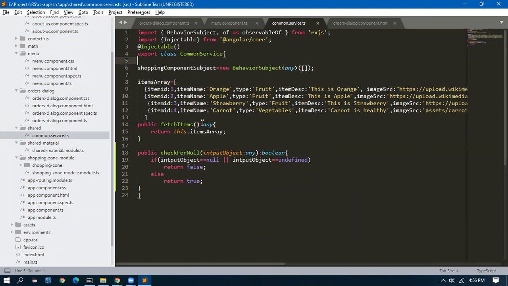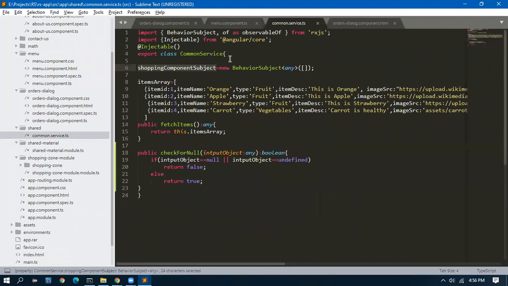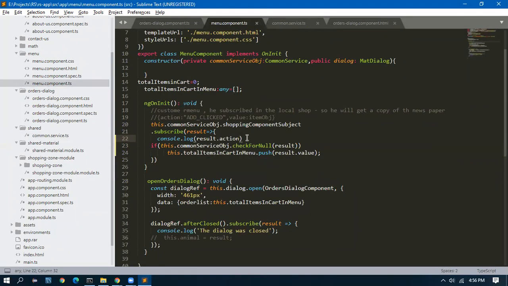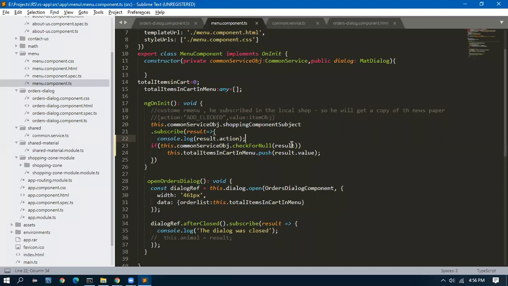What we will be sending is an action and a value. So I will check the action first, what is coming. Undefined, super. So all I have to do is check this action here.